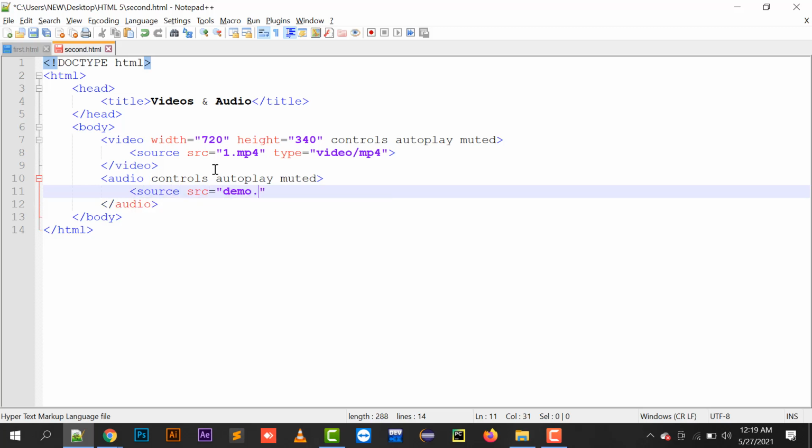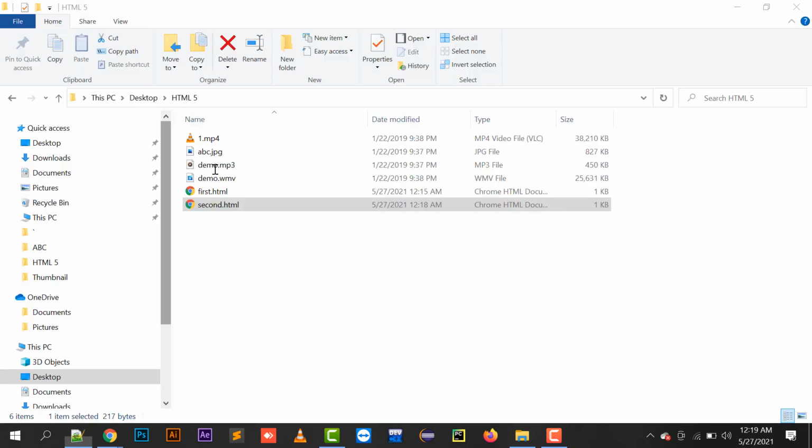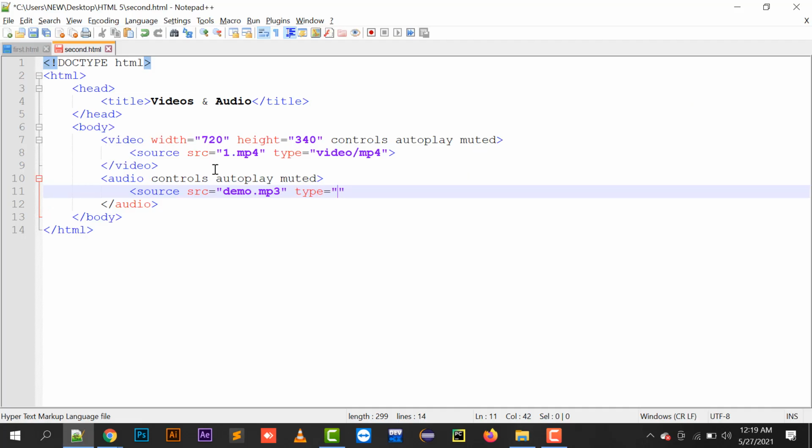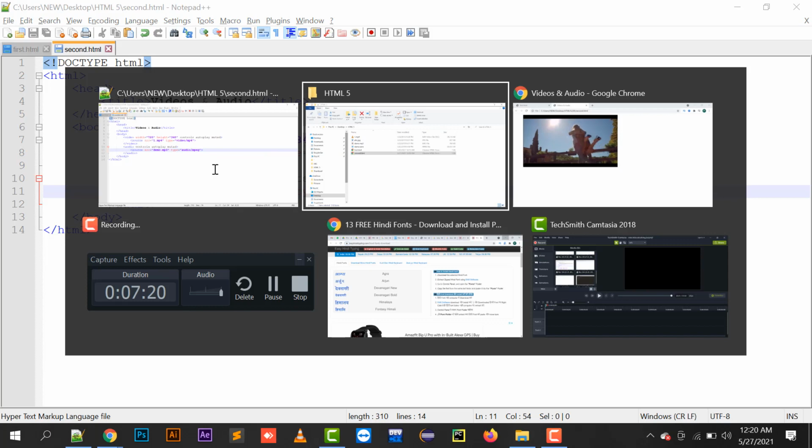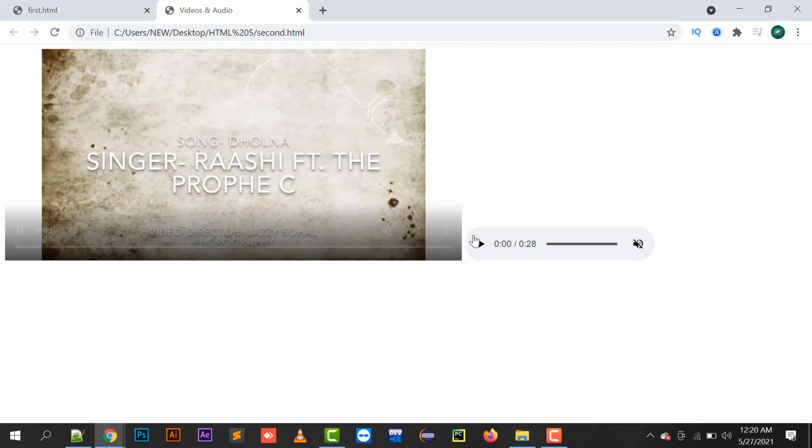The source is demo.mp3, and you need to specify its type as audio/mpeg. So I'm going to turn this off, and if I refresh,